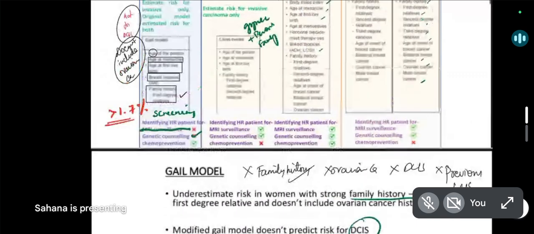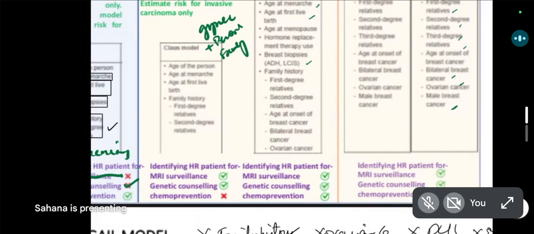So what are the components? Age of that person, age at menarche, first live birth, previous breast biopsy. In that, only atypical hyperplasia is taken into consideration. Family history, how first degree, second degree relatives with breast cancer has been taken, and it's a computerized model where it will give you a score. Then coming to Tyrer-Cuzick model, here what is extra? LCIS that was not taken has been added here, and history of hormone replacement therapy is something extra here. Here it's all tick for everything actually. Even MRI, you can take it for consideration in your